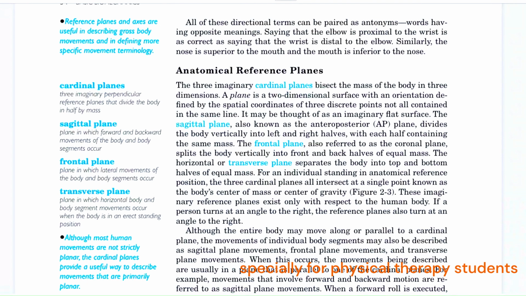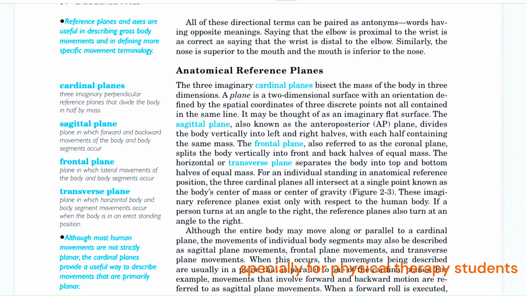So what are the anatomical reference planes and axes? Understanding these planes and axes is crucial in analyzing human movement, whether in sports, in rehabilitation, or in general. In this lecture we are going to identify the three reference planes and their functions, how movements occur in these planes, and after that we're going to discuss the three anatomical axes and their relationship to movement.